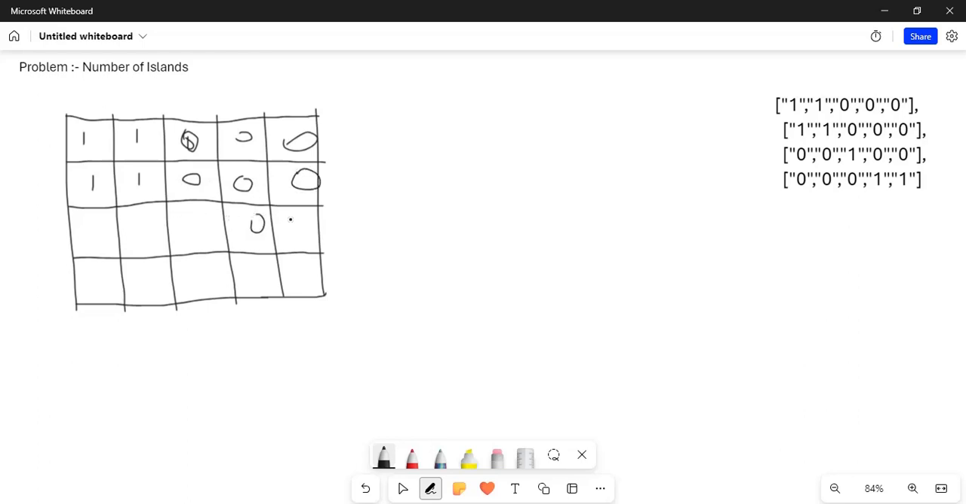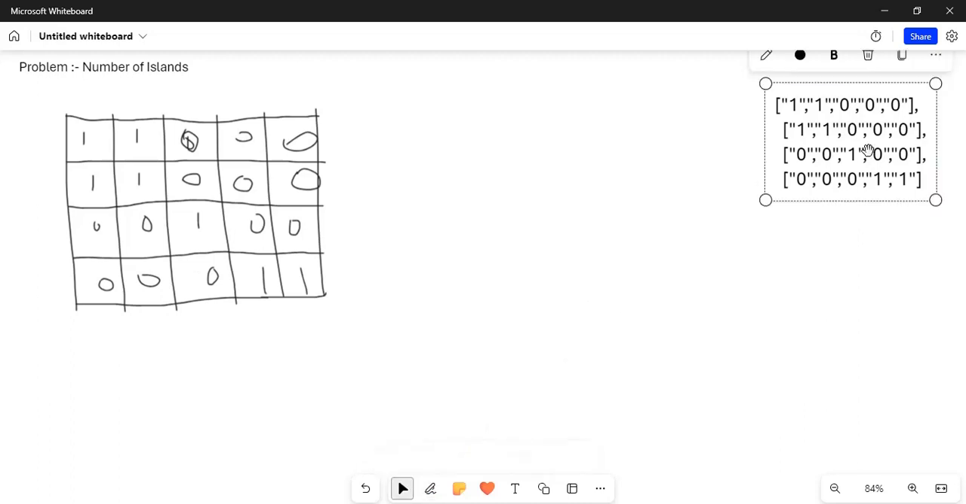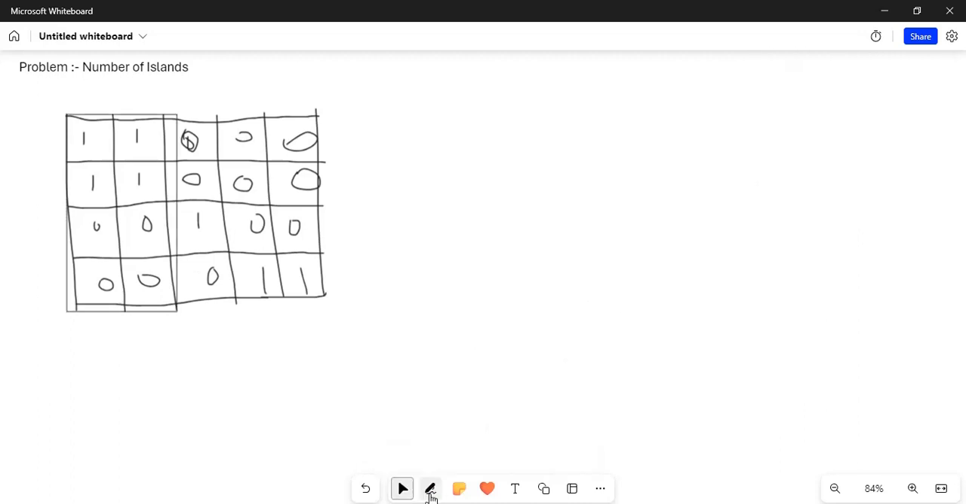This is 0 0, sorry, 1 1 and 0 1 0 0. 0 means water, 1 means land. Okay, let's forget this. So now,